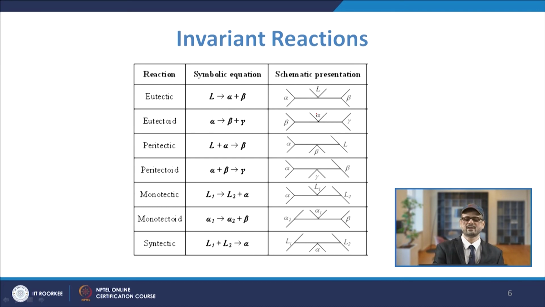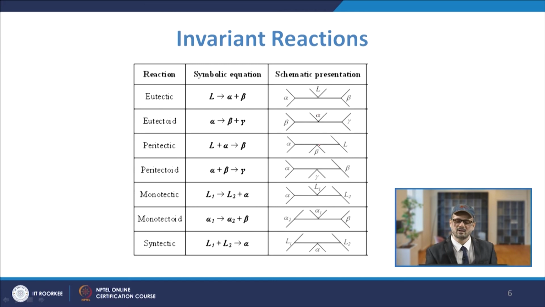Similarly, in peritectoid reaction, you will have two solid phases, and once you cool, it will give you another solid phase, and reversibly it will go on while you heat it. So, accordingly, as you see these, you must have the understanding that when you are cooling, at this point these reactions take place, and you are getting liquid to alpha plus beta,